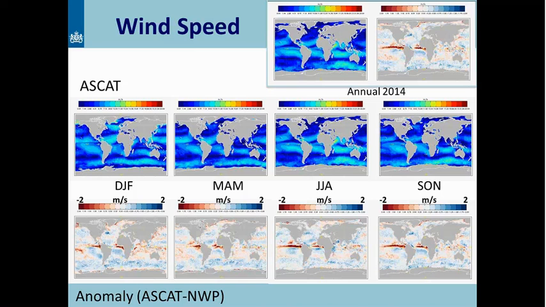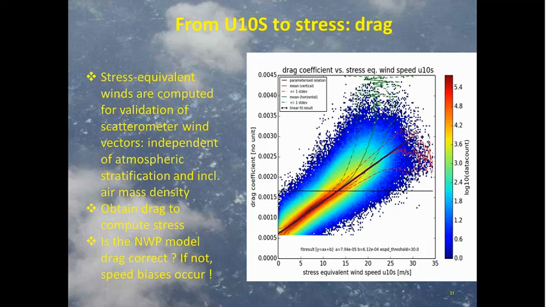Another important aspect of comparing models and observations has to do with the drag formulation in the model. Particularly for extreme winds, the drag is quite important to specify, because if the drag is wrong, the winds may be too high or too low in the model. And then of course the scatterometer data should be calibrated such that they can tell whether the model drag is alright or not, and we are working on this.